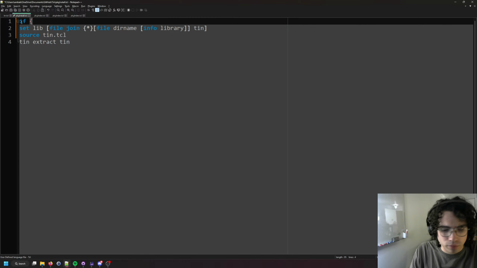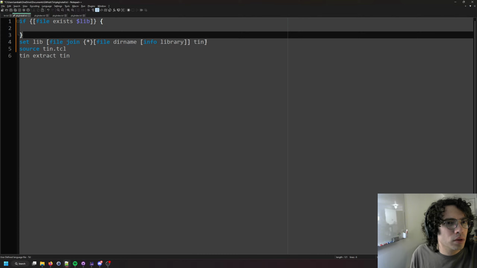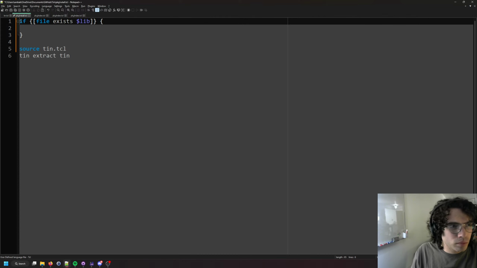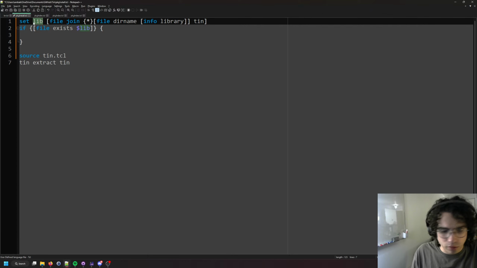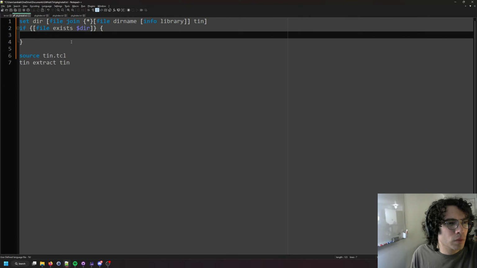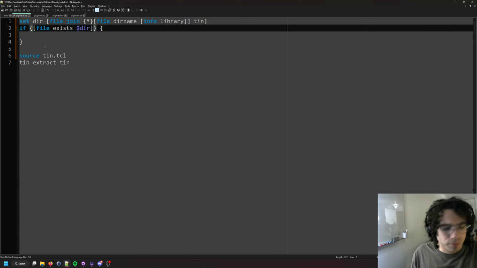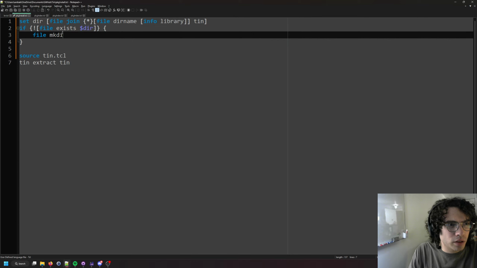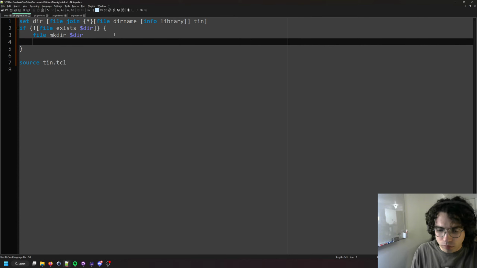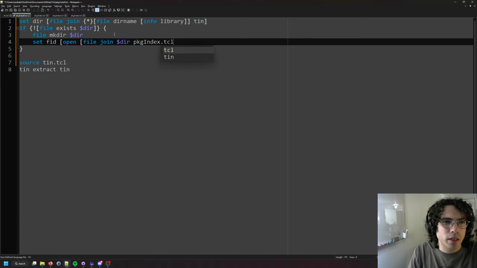If file exists lib. I'll do this right here. Let's call it dir. Or file doesn't exist, file make directory, and then we're gonna create a file in here, open file join directory package index.tcl,